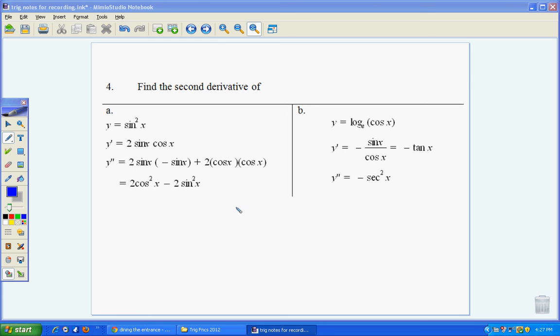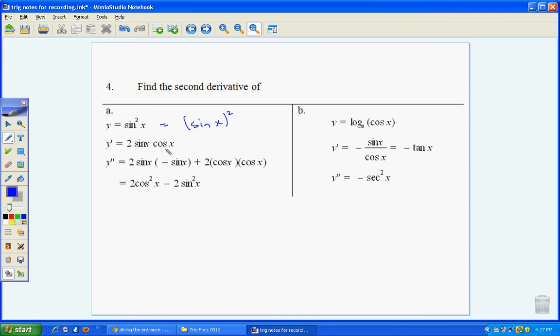In this question, what we want to do is find the second derivative. So we've got to do a couple of little things here. So derivative of sine squared x. Again, remember this can be written as sine x all squared. So we're going to apply the chain rule. So 2 comes down, subtract 1 from the power, just gives us the sine x, multiplied by the derivative of